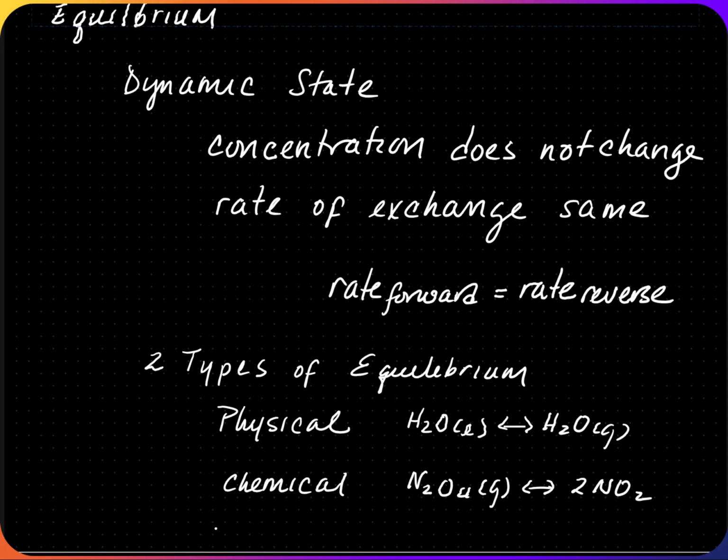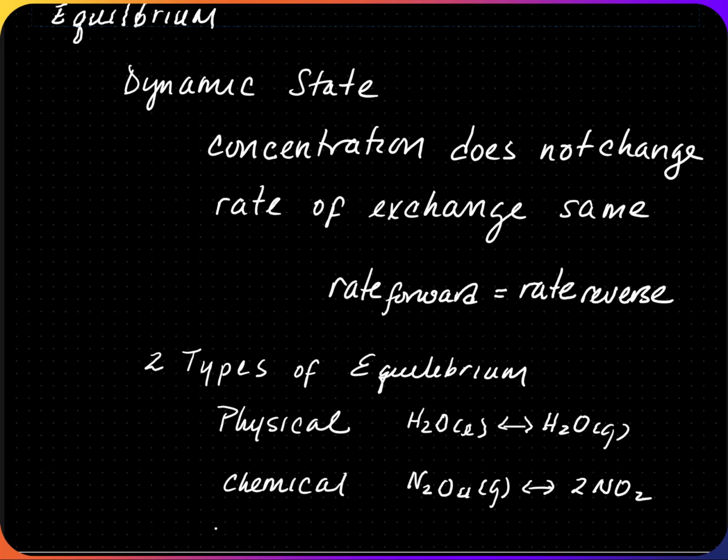Equilibrium is a reversible chemical reaction in a dynamic state. So the concentration does not change because the rate of exchange is the same. So the rate forward is equal to the rate reverse. If there are 3 molecules that are going in the forward direction, there will be 3 molecules going in the